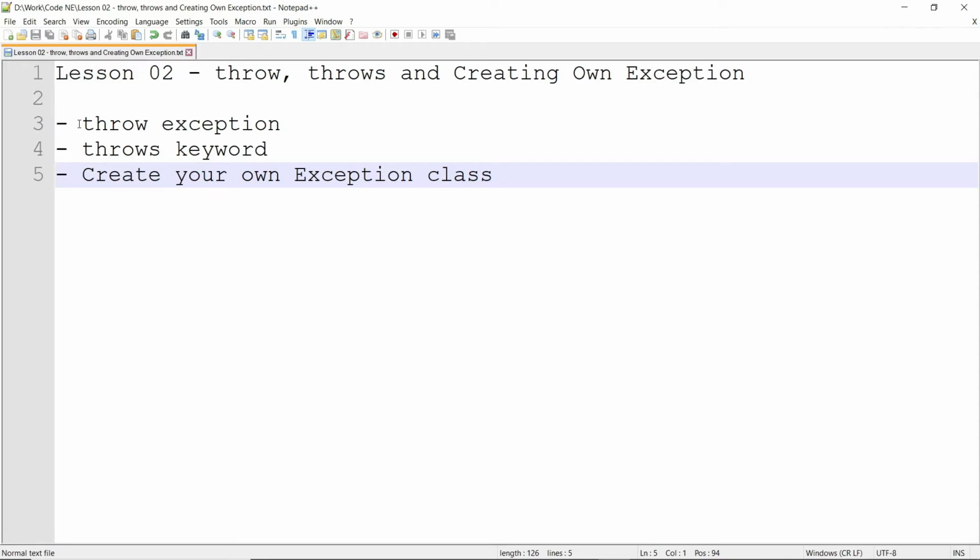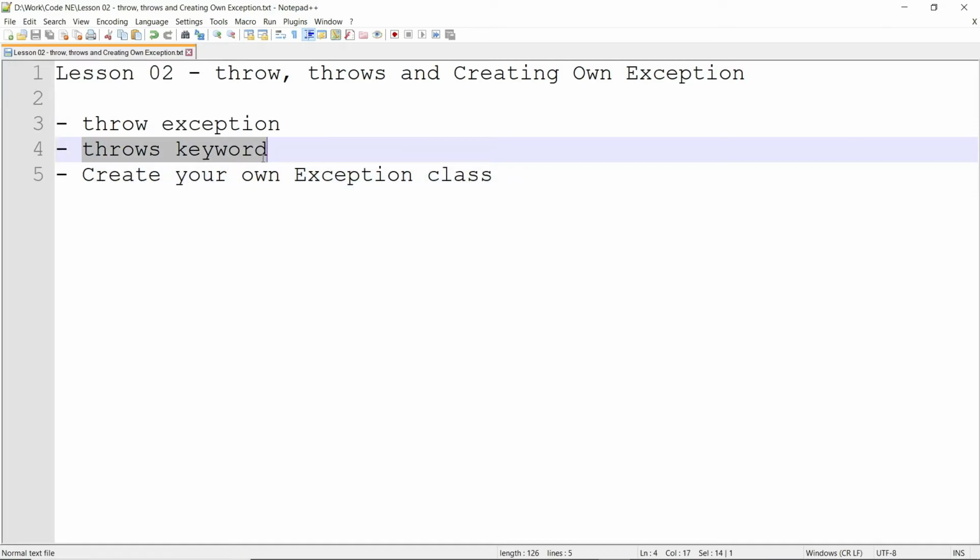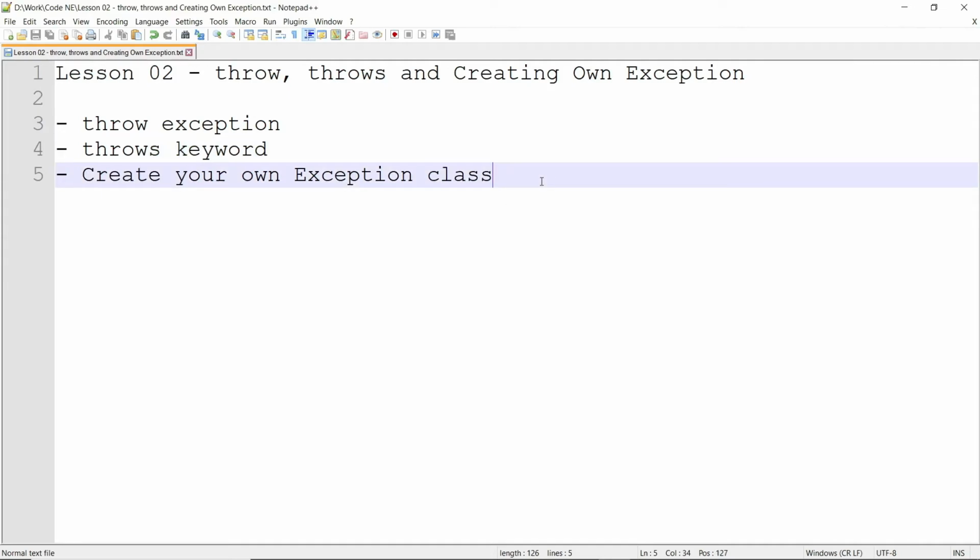So basically your throw keyword means it will throw some exception, and your throws keyword, what it will do, it will tell the user, it does not have any functional value, but instead it indicates to the programmer or the next coder that the method that they will be using or inheriting will have the potential to throw some exception. Okay, so next we'll see how we can create our own exception class.